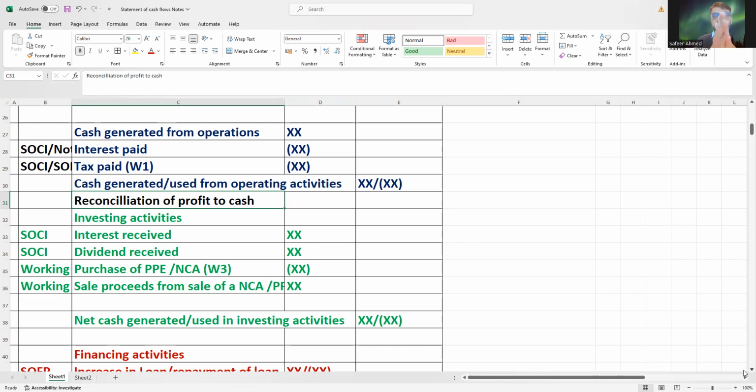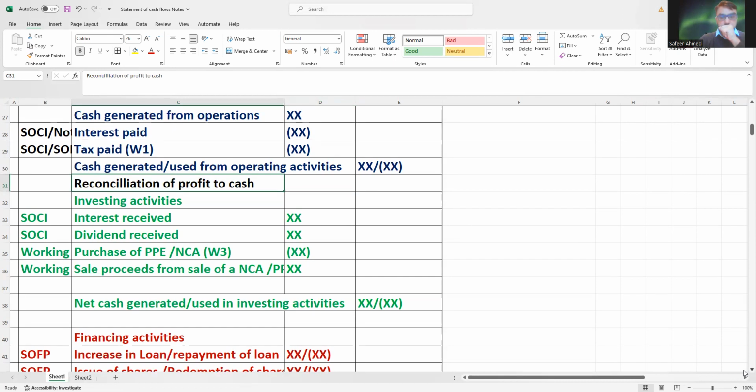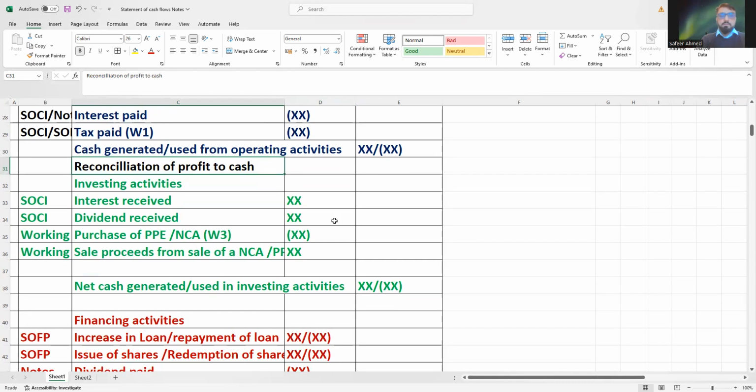So we have covered the operating activities side of things. In a cash flow statement, remember that there are three types of activities: operating activities, investing activities, and financing activities. So let's move on to the investing activities. Now remember, interest received, the one you have deducted from operating activities, you will be adding back here, in other words writing it in the correct place. Similarly, dividend received, you deducted from operating activities, so you will be writing it here in the correct place,